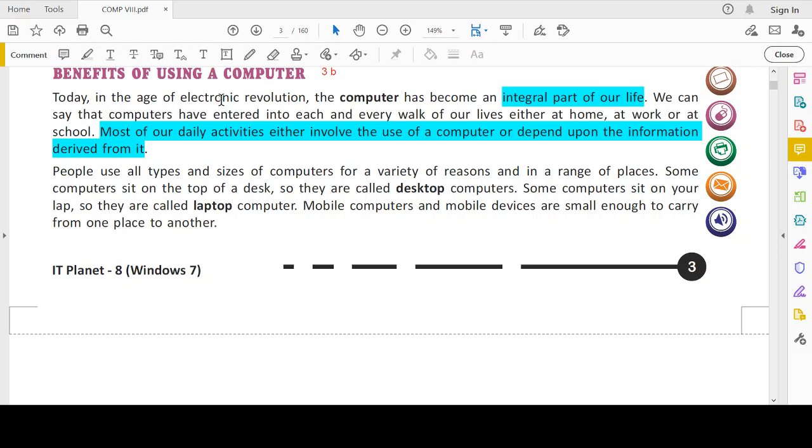So what is the benefit of this? There must be some benefit. That's why it is being used. What are the benefits? It is not that we are using it just to make a show off. It will be something lucrative, and you are using the computer. It is not like that. It has enormous benefits, so it is being used in our day-to-day life. It has become an integral part. So what are the benefits of using a computer, right?